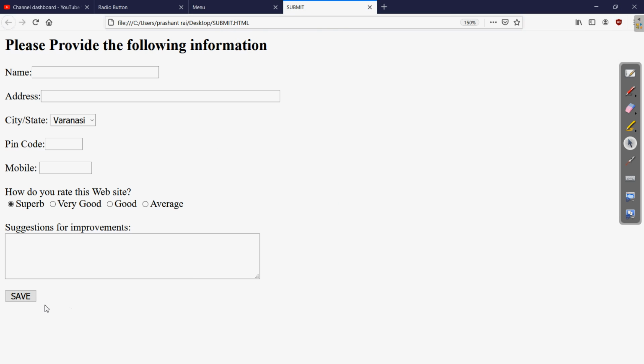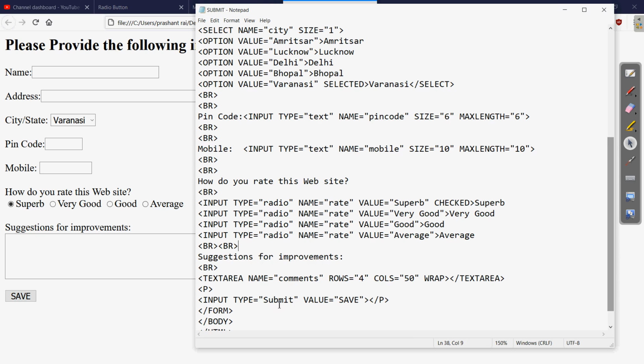So here you can see that submit has been given a new name, that is save. Clear? So it is a submit button, but whatever value you want to give can be written, this can be given from the value attribute. Clear? So this way we have seen that the value can be changed using the value attribute. So make it again as submit.